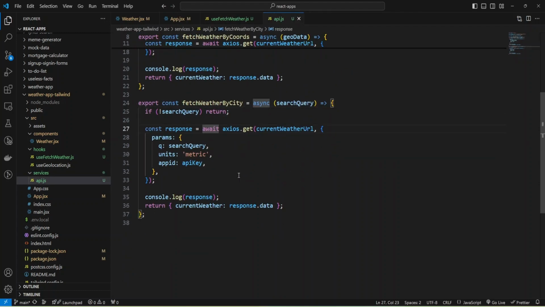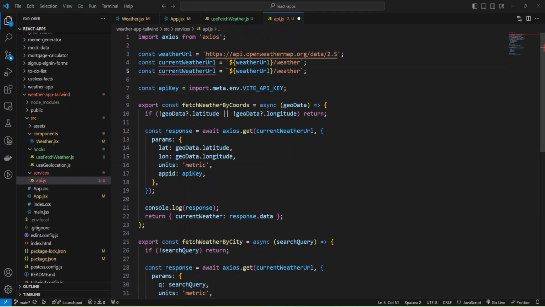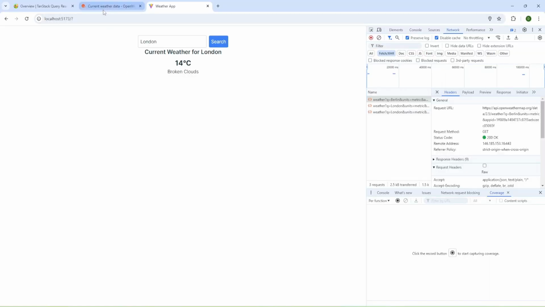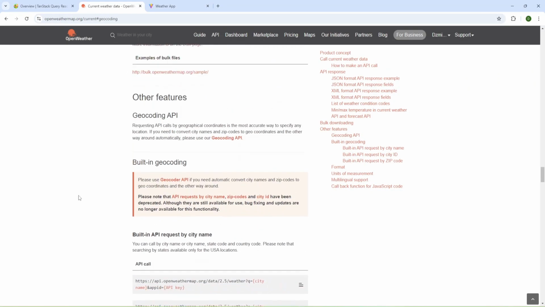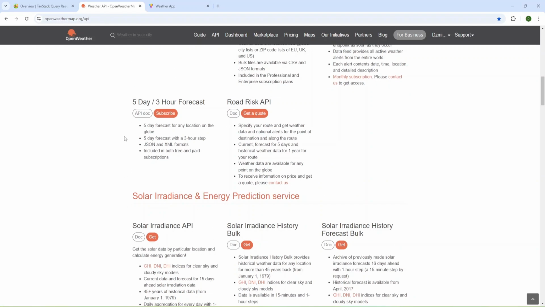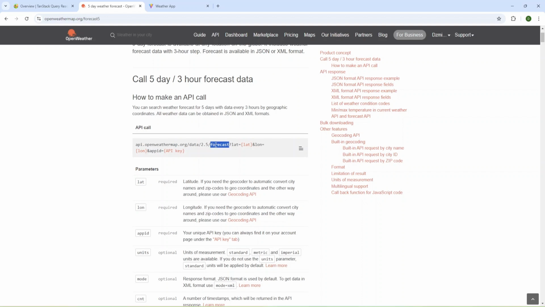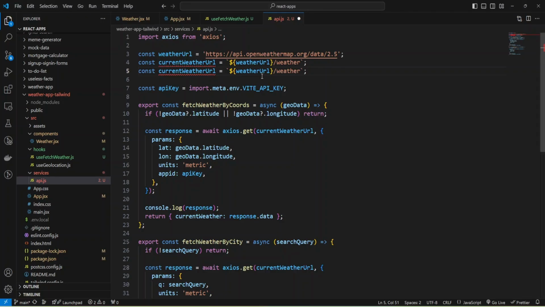We need a second API call, and I'm going to use also Axios get, but we need a second URL for forecast, and let's check documentation. Okay, and for forecast we have API, and we can check these docs, and we'll make request to forecast endpoint.